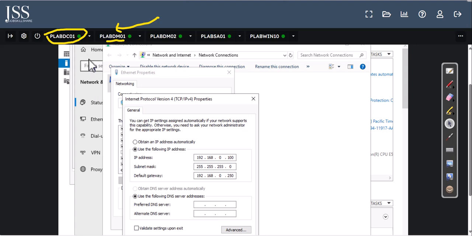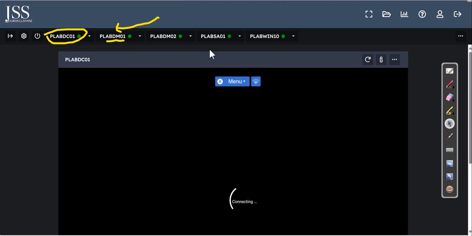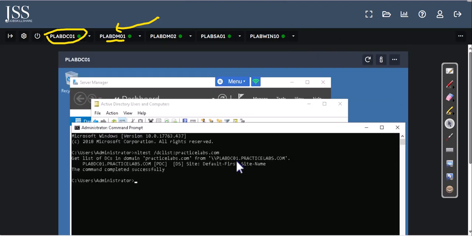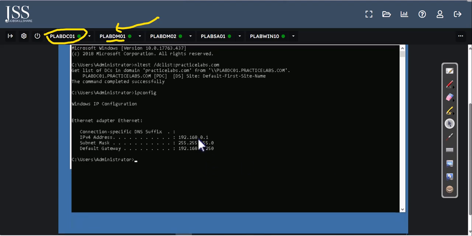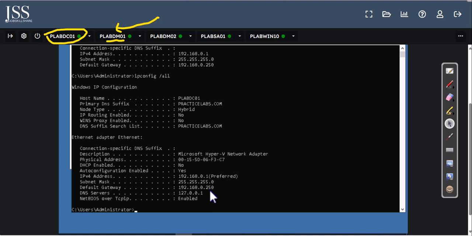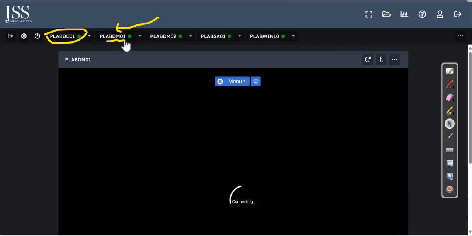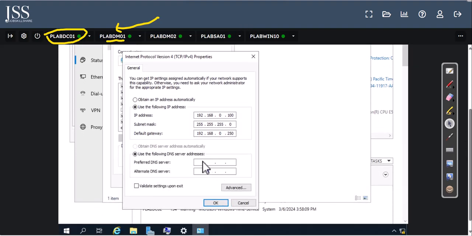So what we need to do is go back to plab dc01 and open CMD and type ipconfig. And the address that we want to use is 0.1. And if you want to see everything, you can do ipconfig /all. These are all basic commands you learn from your IT support skills. So when you have this loopback address, that tells me it's going back to the IPv4 address, which is 01. So I'm going to go back to plab dc02, and here we are going to type